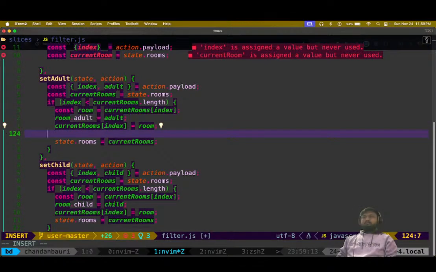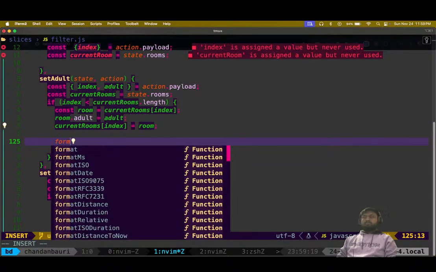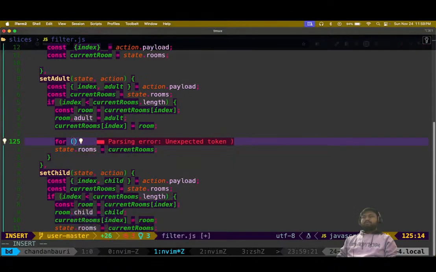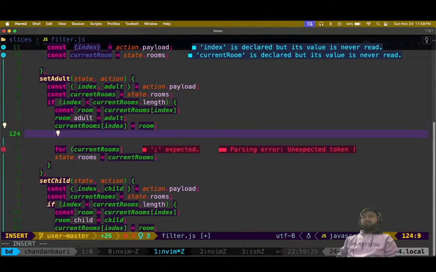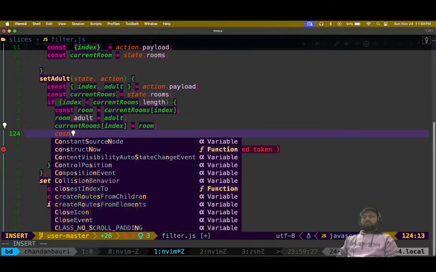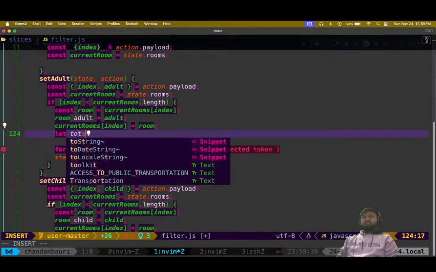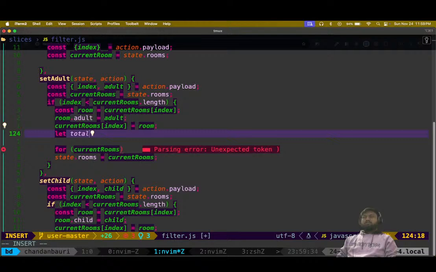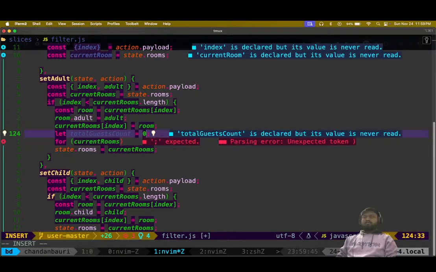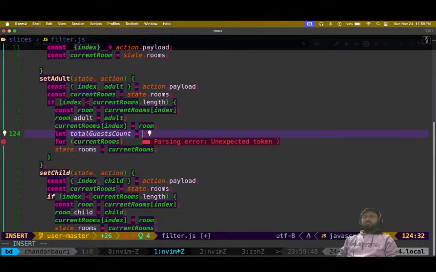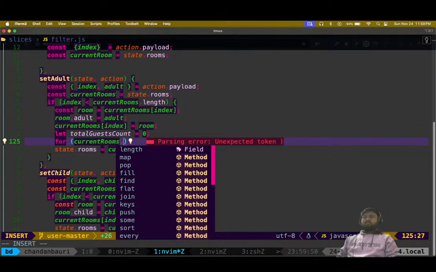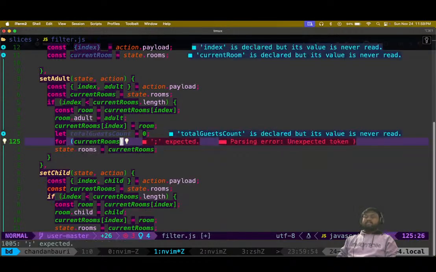I think I'll have to loop through. I'll just use a for loop here and rooms. So let total guest count equals 0. Yeah, I'll just do that. I know I'm just going for a first approach right now. So for